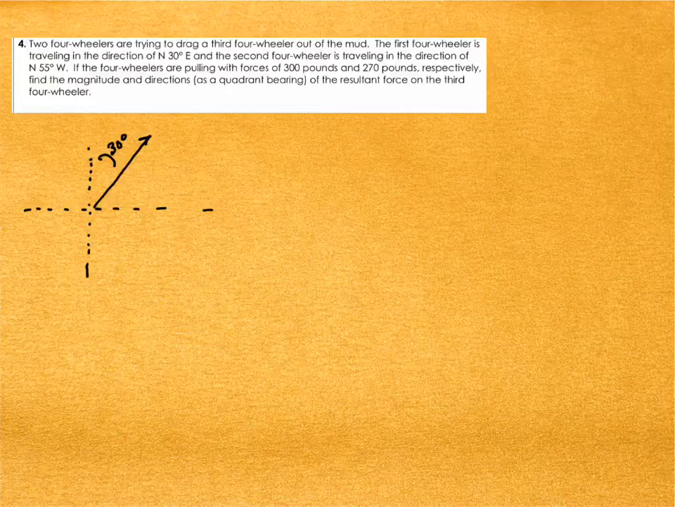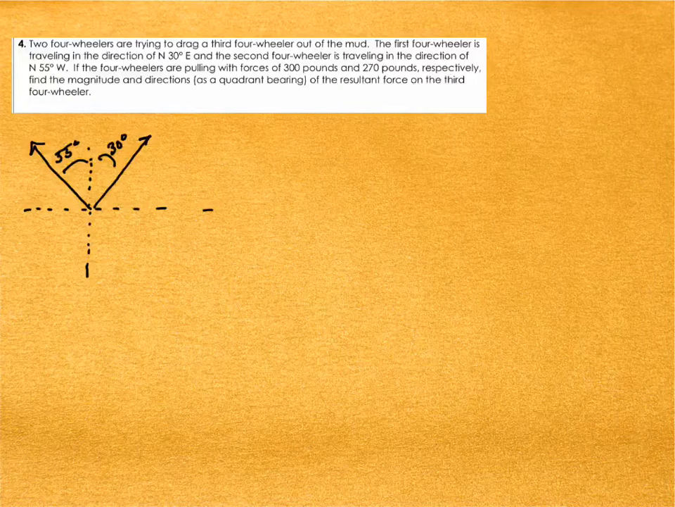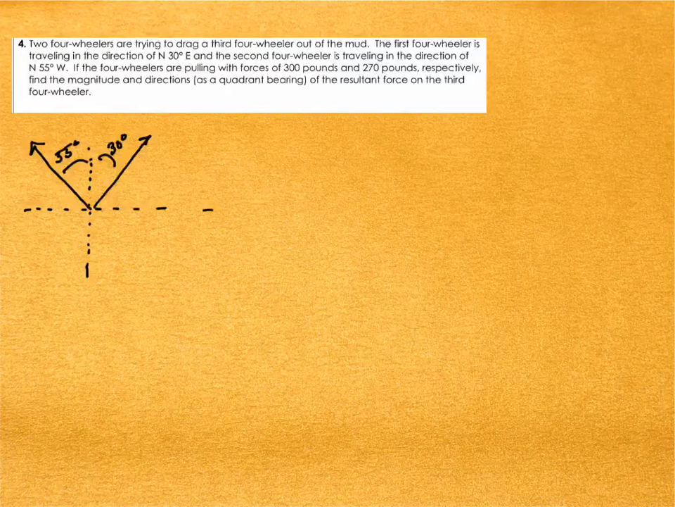And the second four-wheeler is traveling in the direction of north 55 west. So north 55 west would be, this is 55 degrees, okay? And so, if the four-wheelers are pulling with forces of 300 pounds and 270 pounds, so this is 300 pounds, and this is 270 pounds,